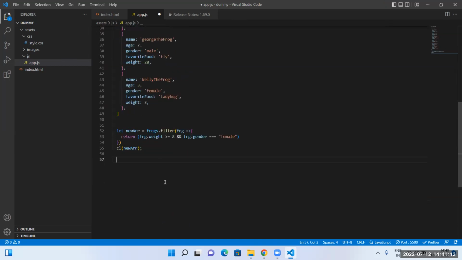So tell me first what logic you will write for that. I have to create one function. I will use the pop method for removing the element.